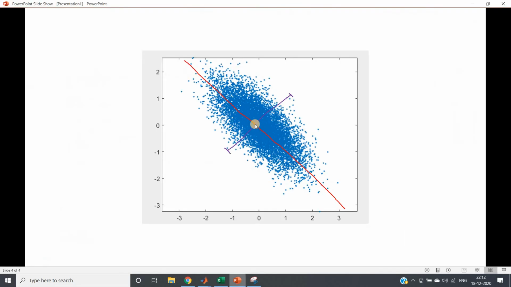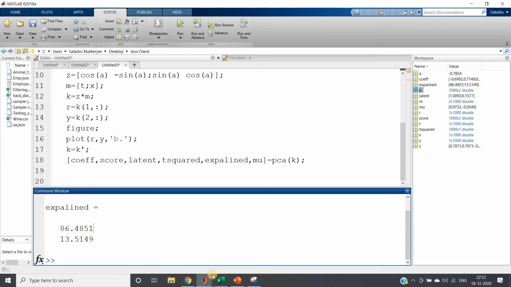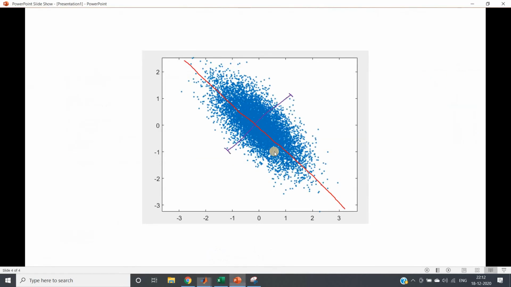You can understand easily that this first principal component, the red one, is capturing most of the information, far more than 50%. And 13% is for the second principal component, that is this one.